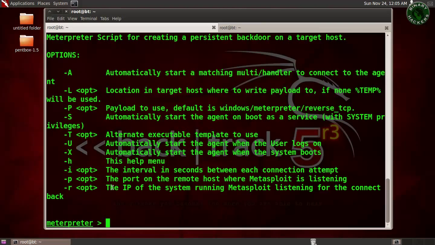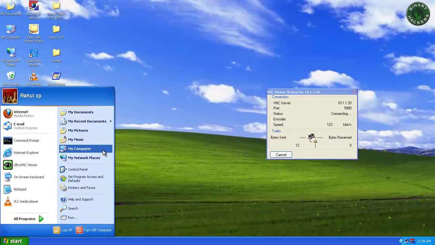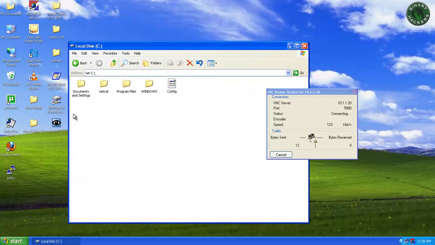So for this video demonstration I'm going to create that payload file, that is our backdoor file, and implement or merge that backdoor file in the registry of Windows XP Service Pack 3. So how to do that, let me show you that. Before that, let me show you, go to the C drive, and you can see in C drive I have Documents and Settings, netcat, Program Files, Windows, and a configuration file. This is all in my C drive location,